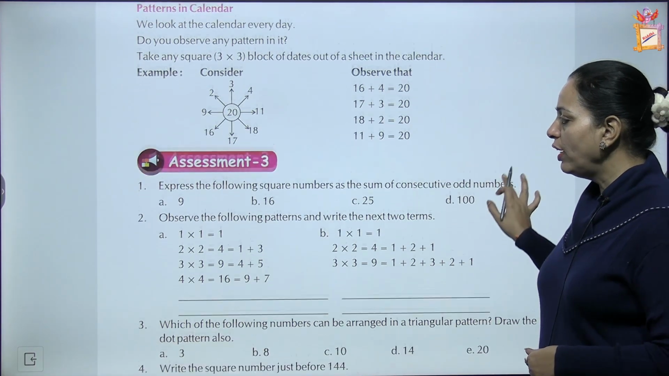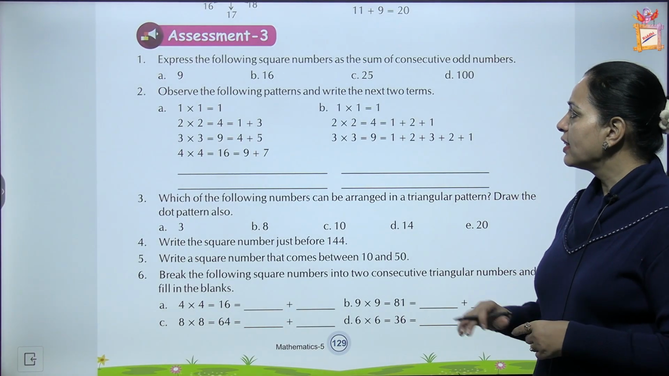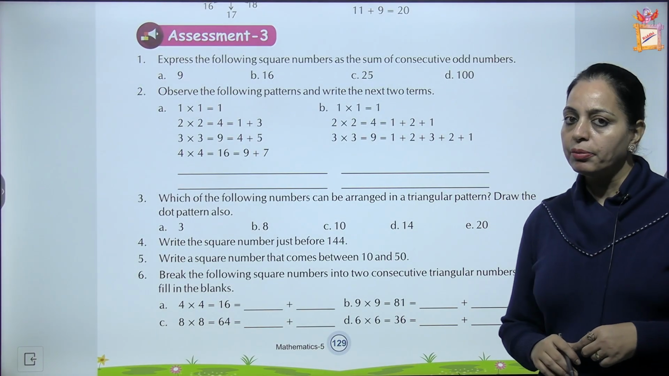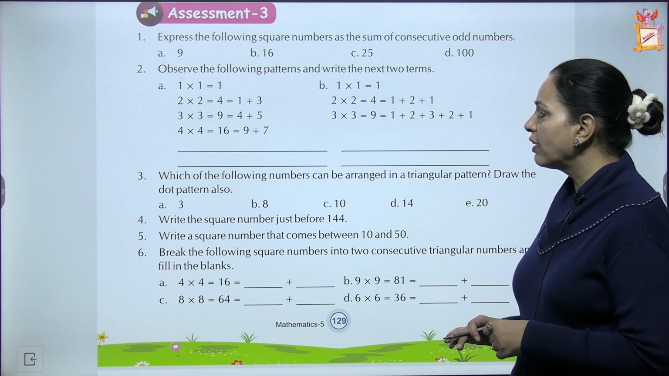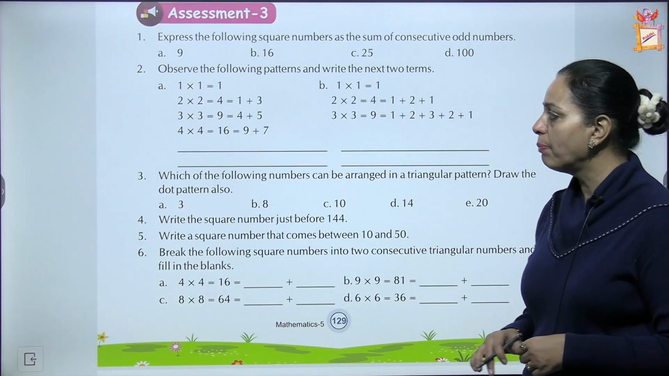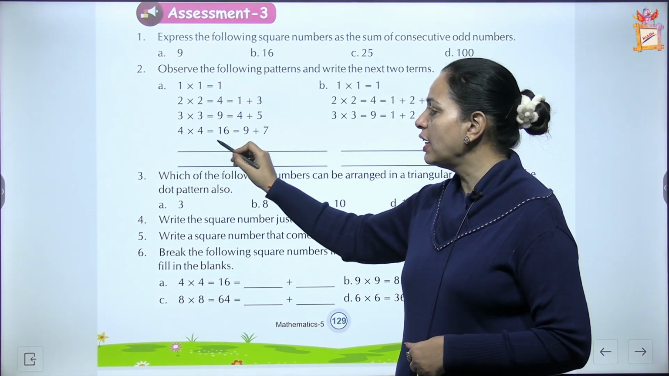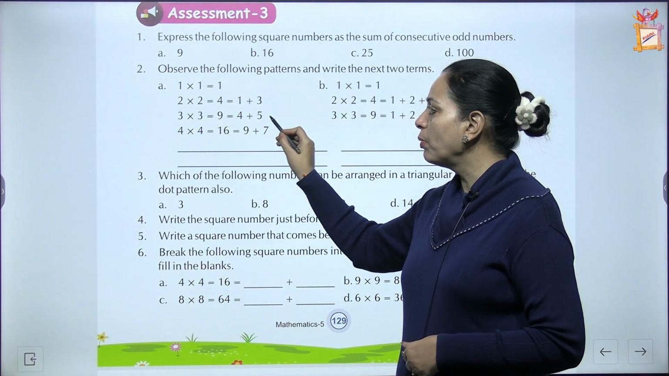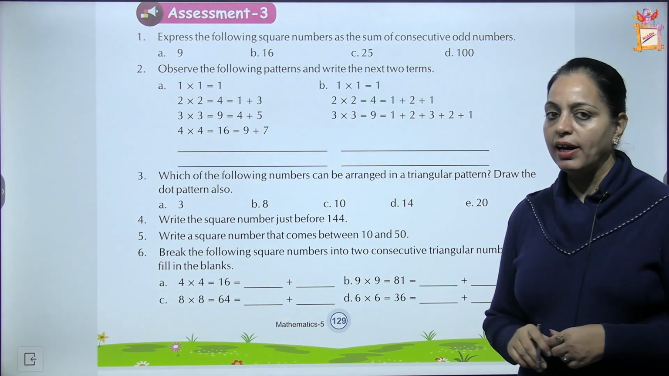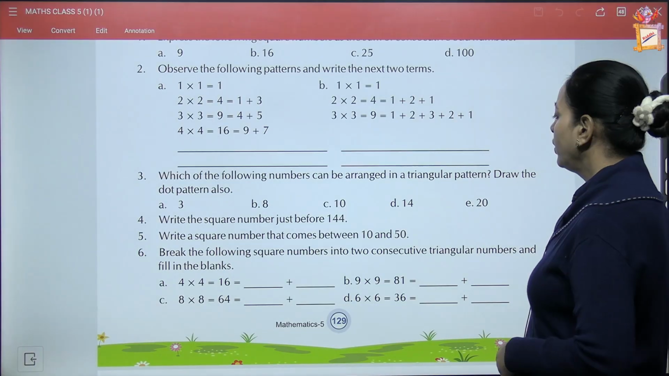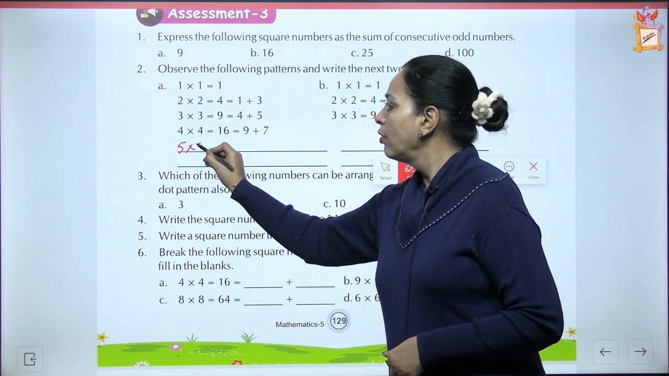Now assessment 3, question number 1, express each square numbers as the sum of consecutive odd numbers. So you can try this one. The second, observe the following pattern, write the next two terms like A part. 1 into 1, 1. 2 into 2, 4. 1 plus 3. 3 into 3, 9. 4 plus 5. 4 into 4, 16. 9 plus 7. Next is 5 into 5,